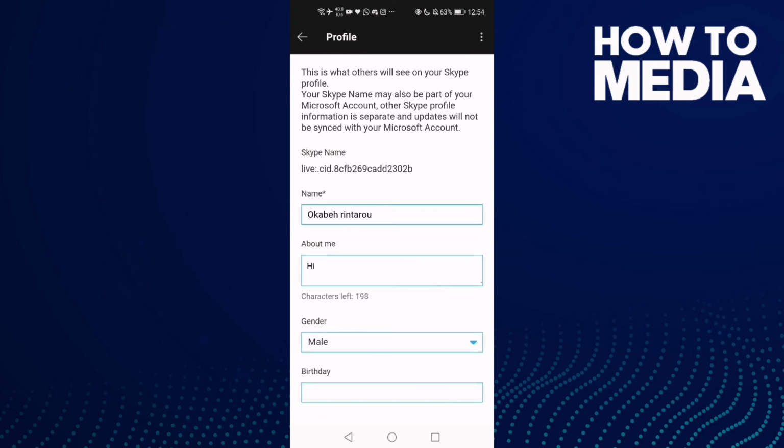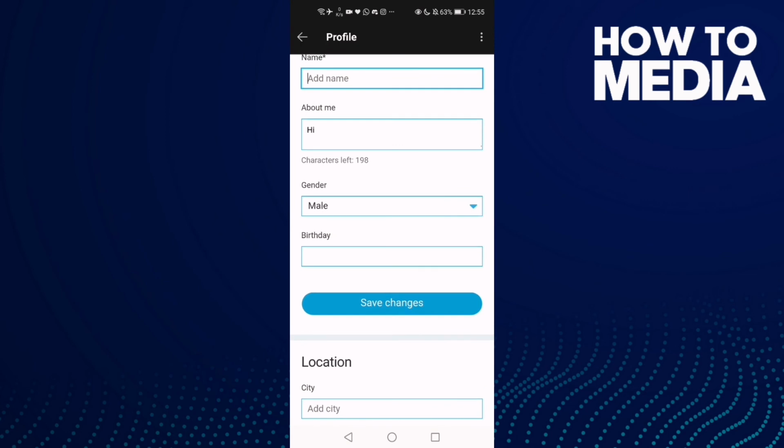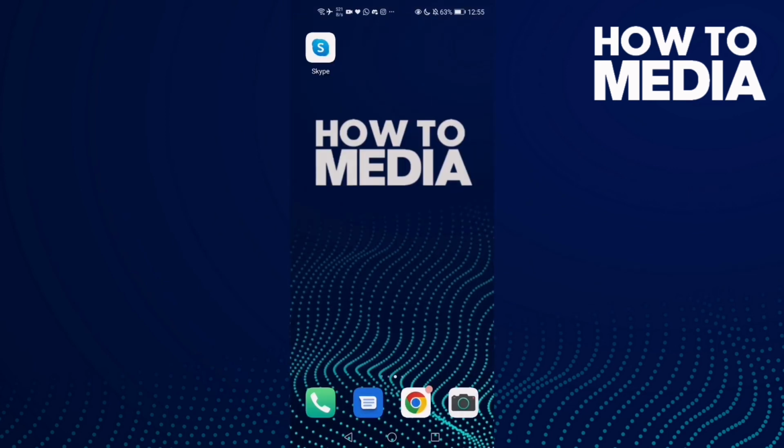and now click here, and here you can change your name to anything you want, and then just click save changes, and that's it